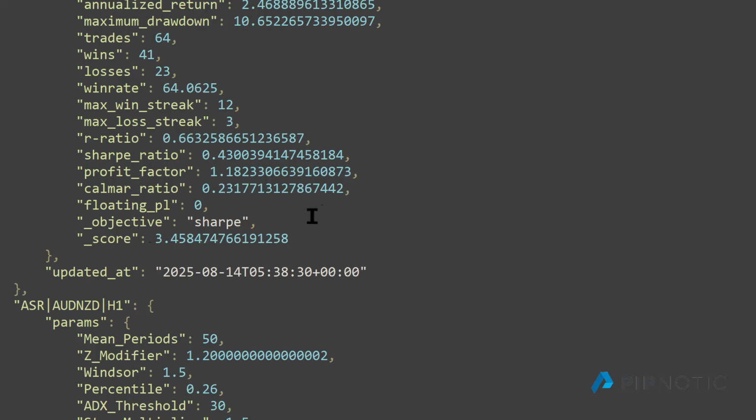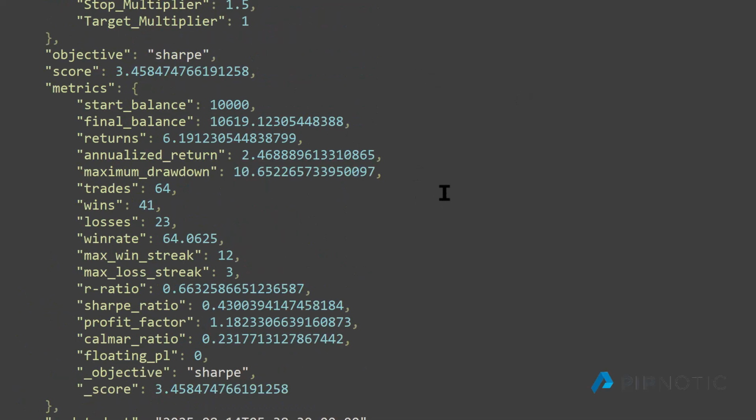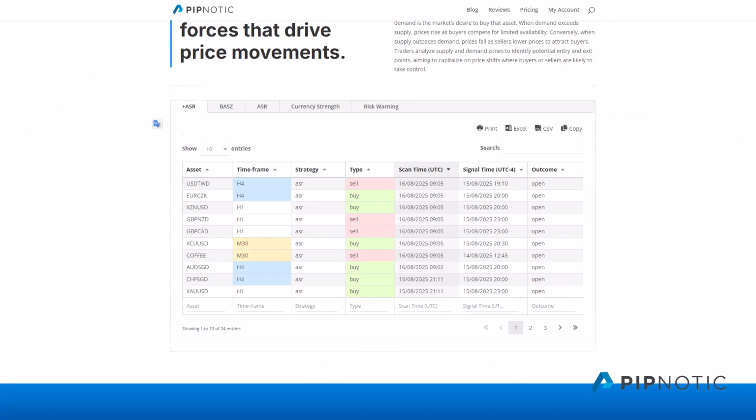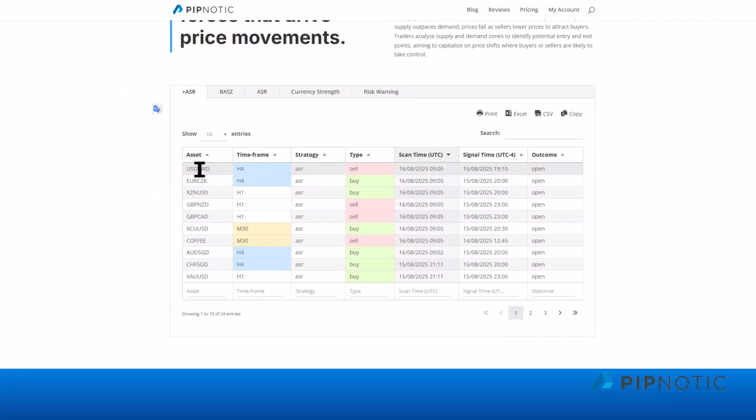And so by building this database, every time the signals algo runs and displays results in the table, what it's doing is looking at, I can just show you here in the dashboards. So here it's just looking at this, for example, the American dollar, Taiwan dollar, or the euro. Let's take this one here, the euro, Czechoslovakian. I'm not exactly sure what that is called. If we copy that, and this is on the 4-hour,